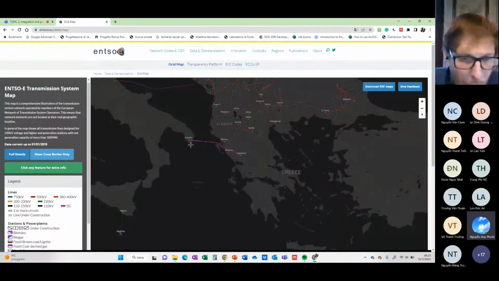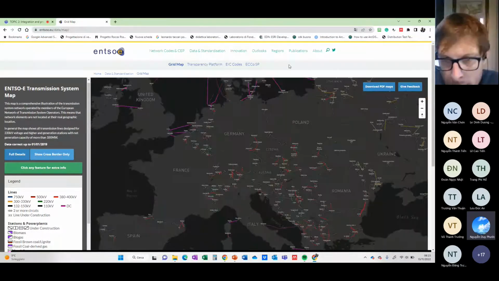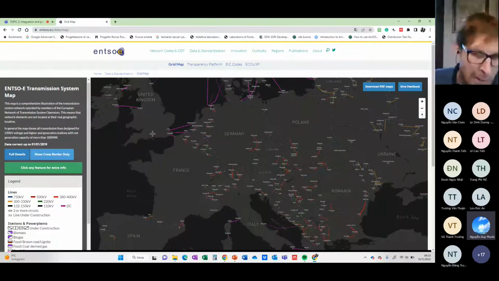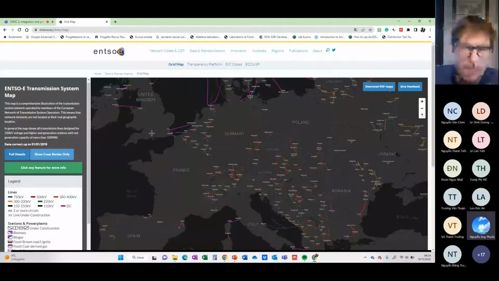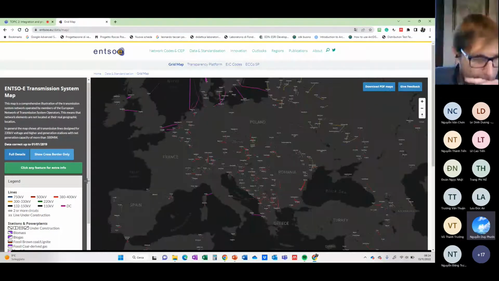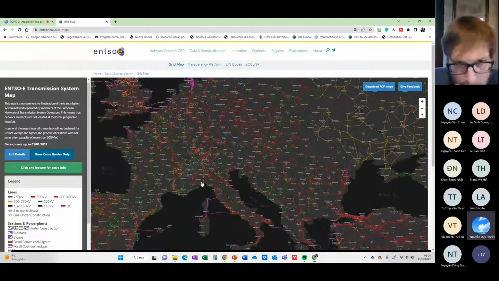So basically, what we are doing now is to have a power system which is not the Italian power system or the French power system, but the European power system. This has some advantages, and one of them is that the power system is more stable. The bigger the power system, the more stable it is. That's more or less the idea. I will come back to this specifically